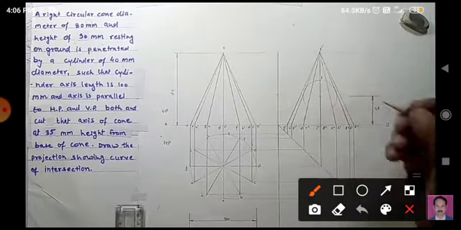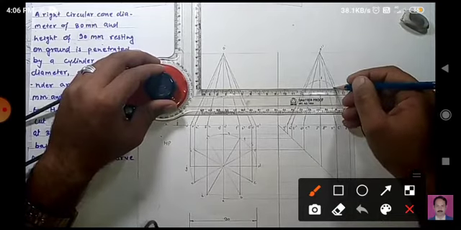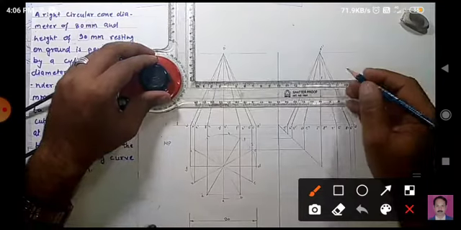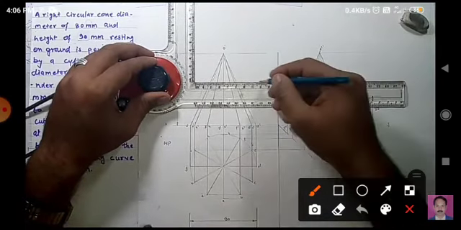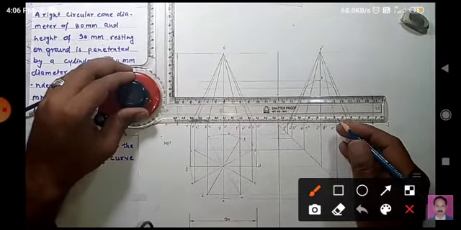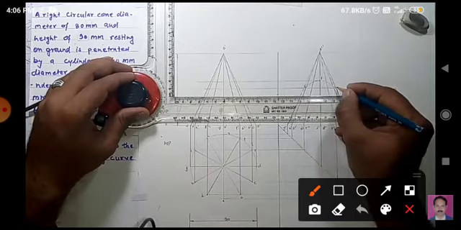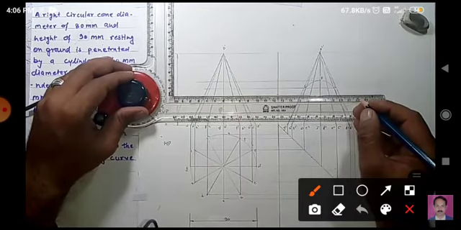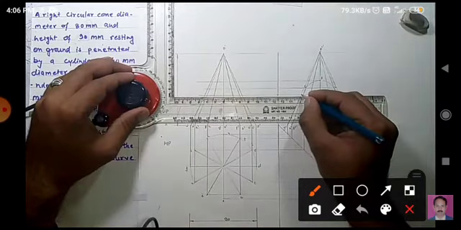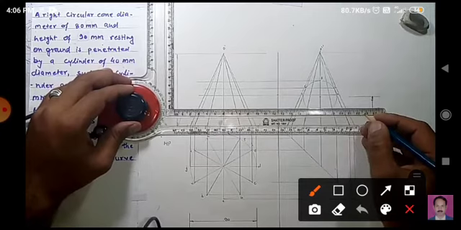Draw all the points of intersection. All the points of intersection you have to mark, and you have to take the projection on the front view. Take the projection of the points of intersection on the front view, because you have to draw the contour of those lines. Name all these points and draw the points of intersection on the front view. Again you have to take this point on the top view and again shift it to the front view. So you have to do this.